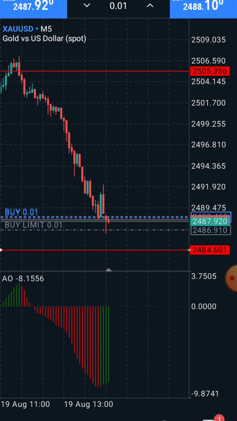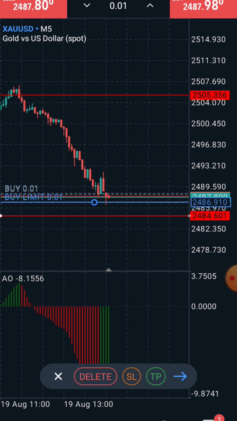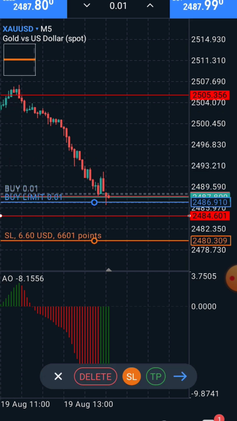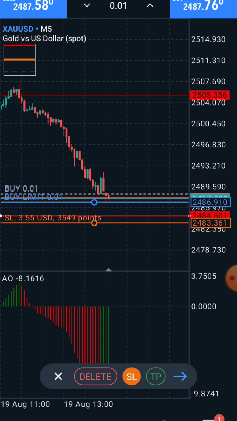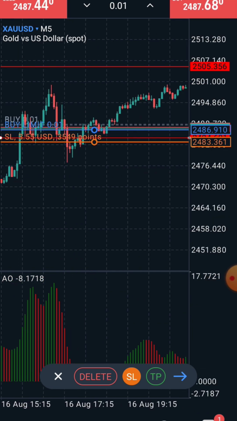So now I want to put my SL. Let's see, I want to put my SL here, before the zone.